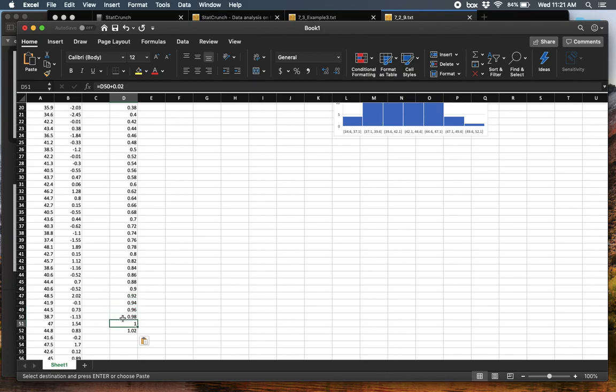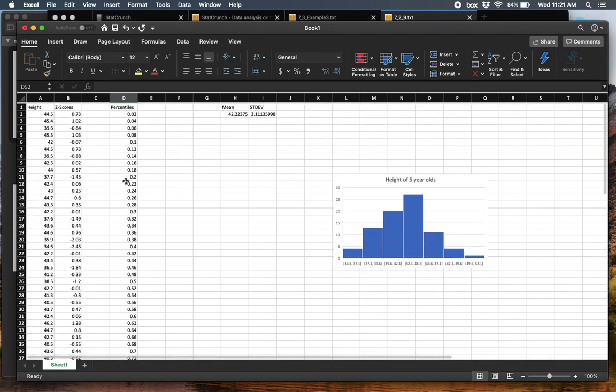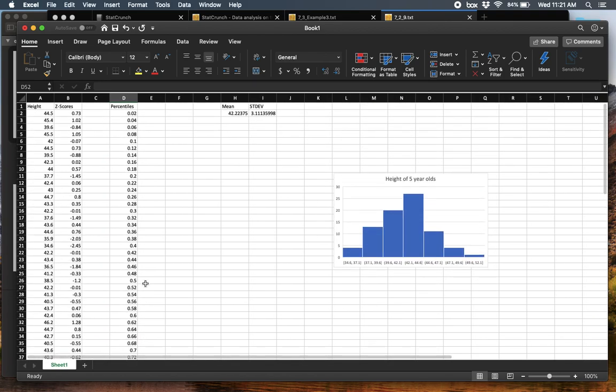Okay, so y'all can do that more efficiently if you want to. I'm just trying to give you a feel for what's going on. So those are the percentiles that we want to look at, and that is number 6 in the directions. Number 7